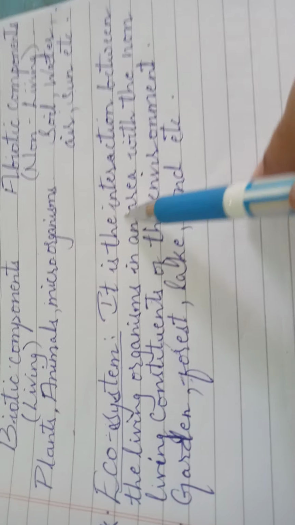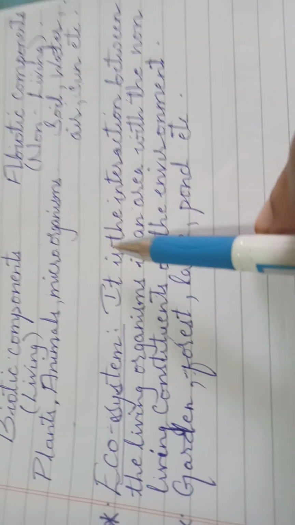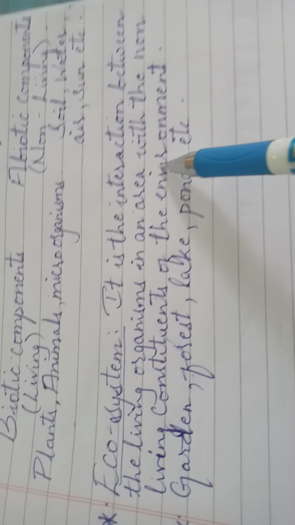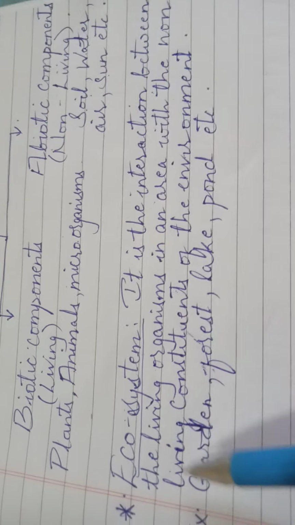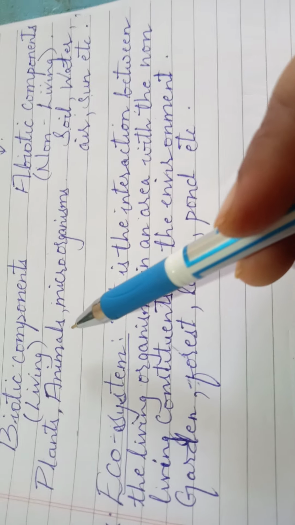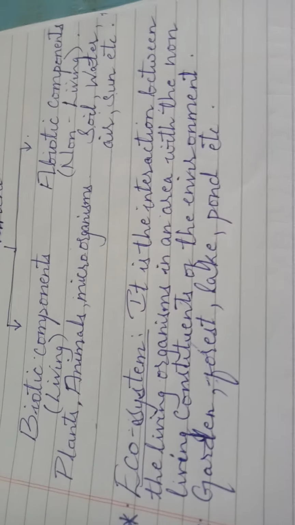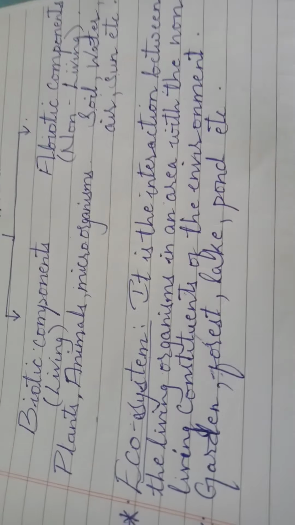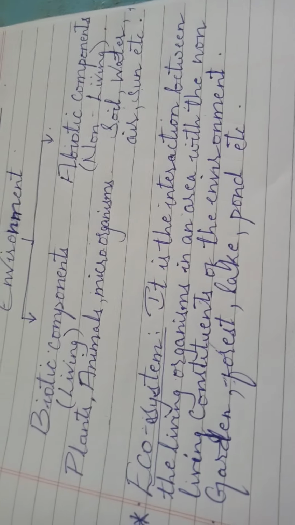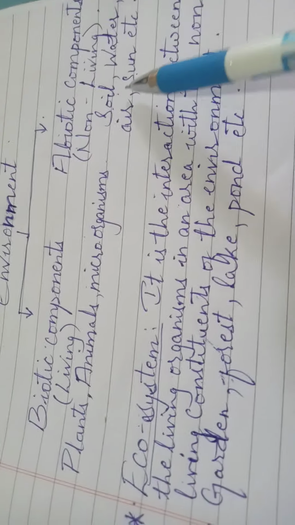So you can define ecosystem as the interaction between the living organisms in an area with the non-living constituents of the environment. As I have explained just now, in a garden we will have different kinds of plants, different kinds of animals, like insects, frogs, snakes, or different kinds of birds that interact with soil, water and other non-living things